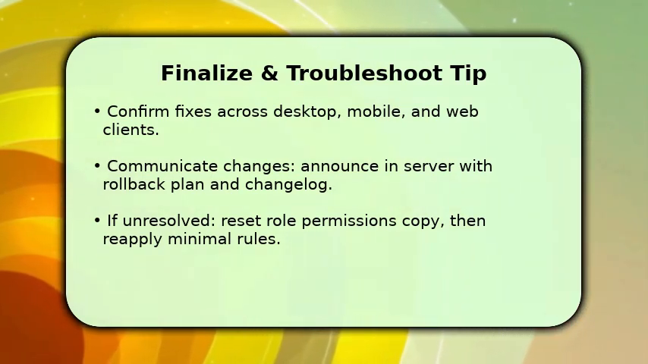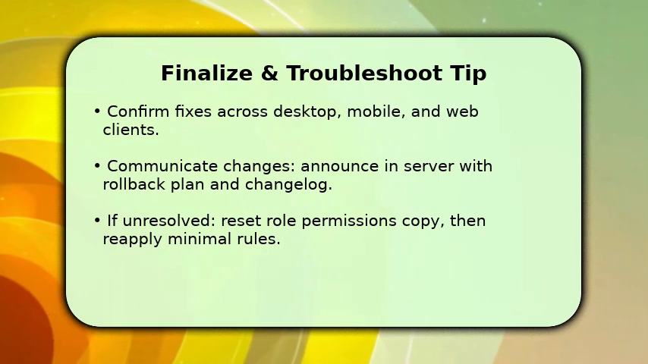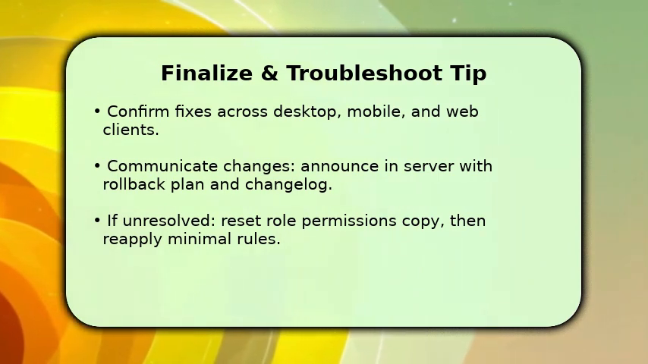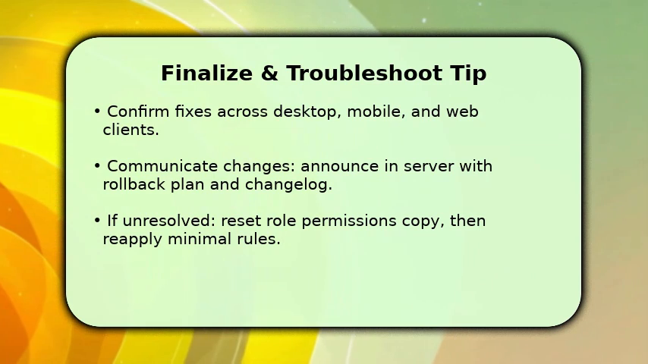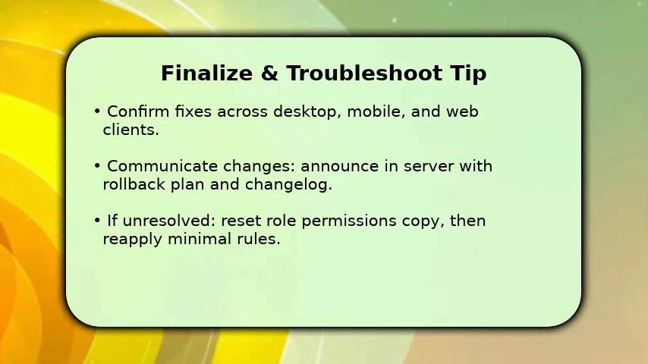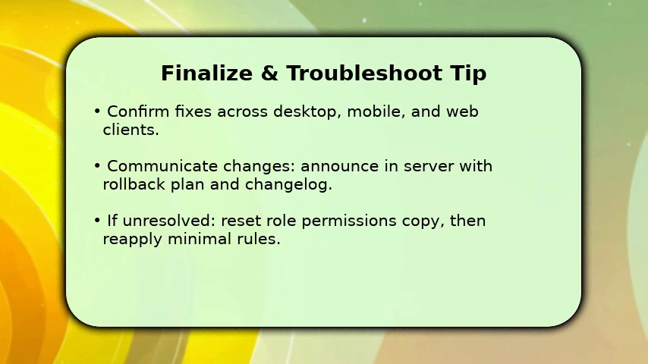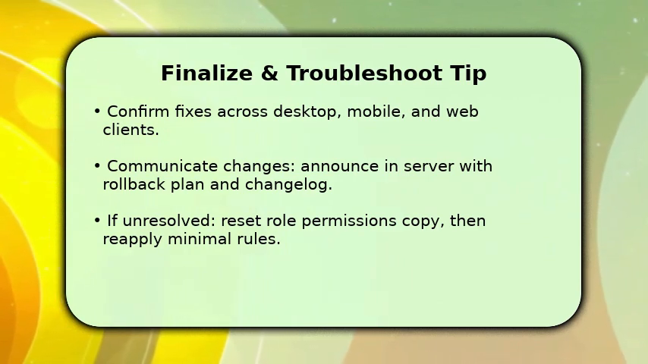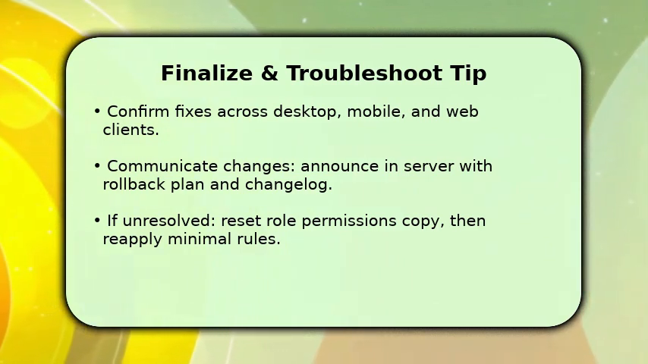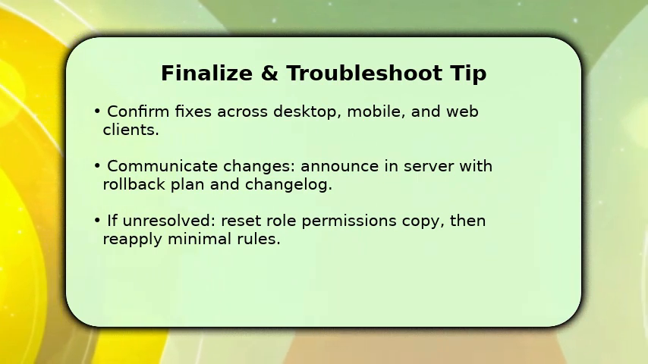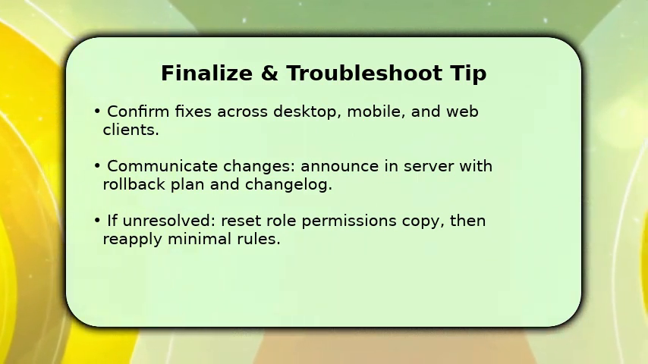You update server channels with a short announcement summarizing what changed and how to report regressions, and keep a rollback plan ready. If problems persist, use a controlled reset. Create a new role with baseline permissions, move affected members, and reapply rules one at a time to isolate the bad setting. Finally, escalate with logs and